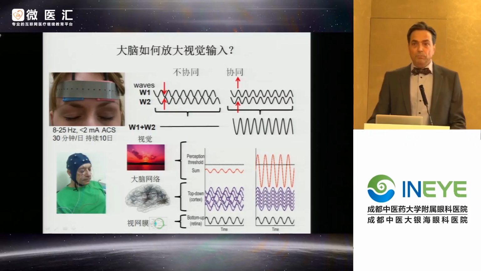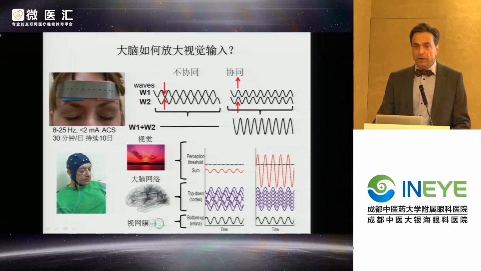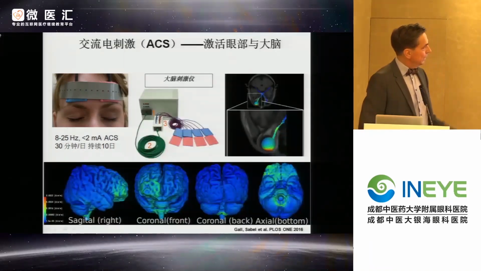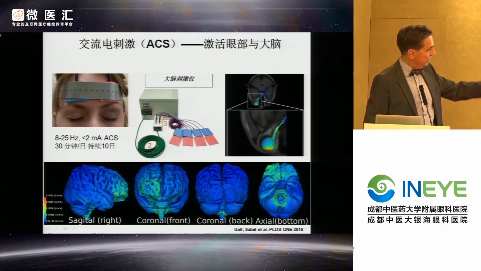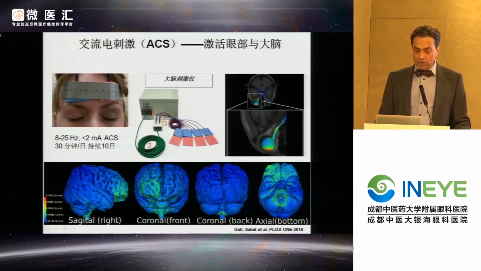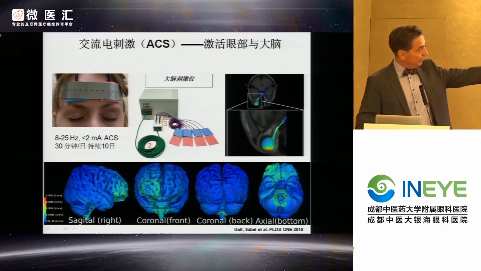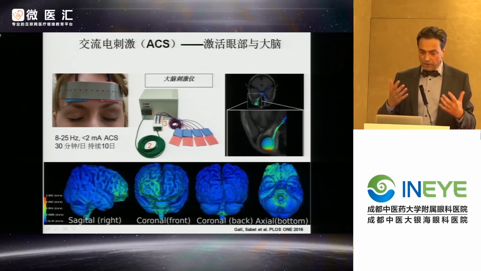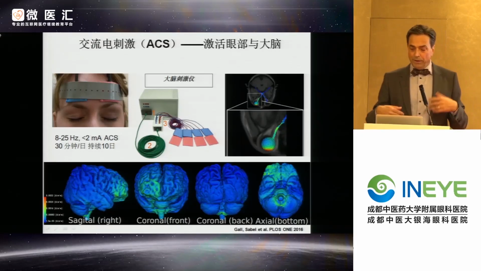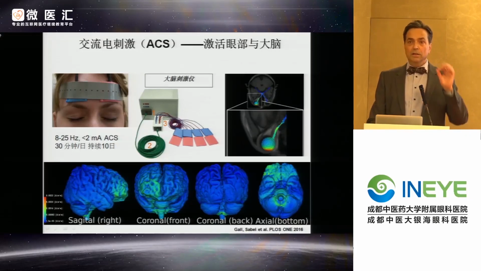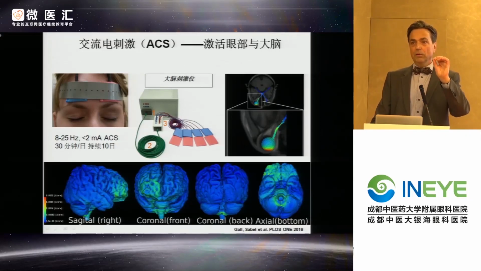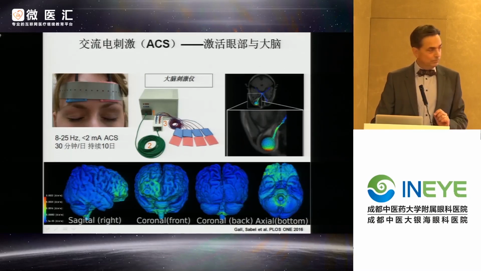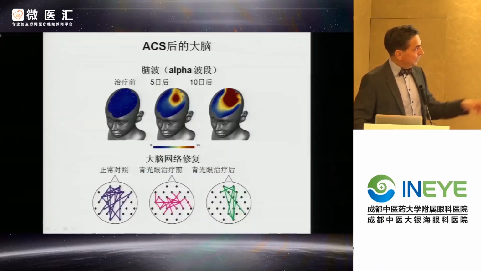Now, we try to induce such a synchrony by applying electrical stimulation to the eyes with these electrodes that are positioned there. This is the machine. And you can see where the current flows. So the current flows to the eye, which is up on the right, but it also flows to the brain, to the frontal cortex, which has very important functions as well. By delivering the pulses in a certain frequency, so a synchronized pulse, you can improve vision. And this is what I want to show you. The next slide shows upward.